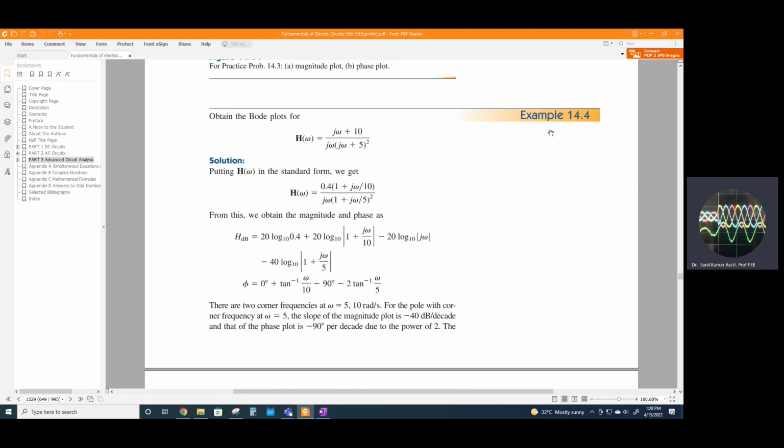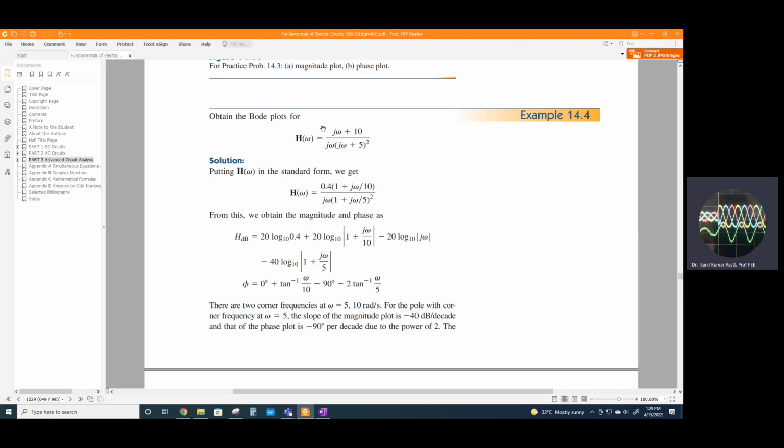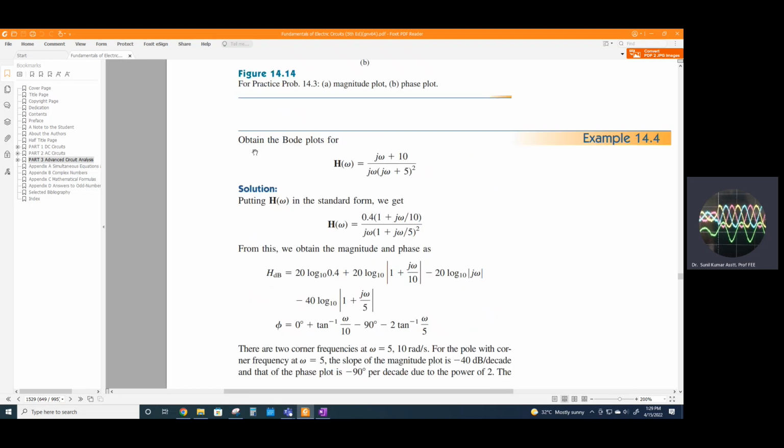Now let's see example 14.4, and let's see if we can obtain the Bode plot or not. So here I have a transfer function H of omega,